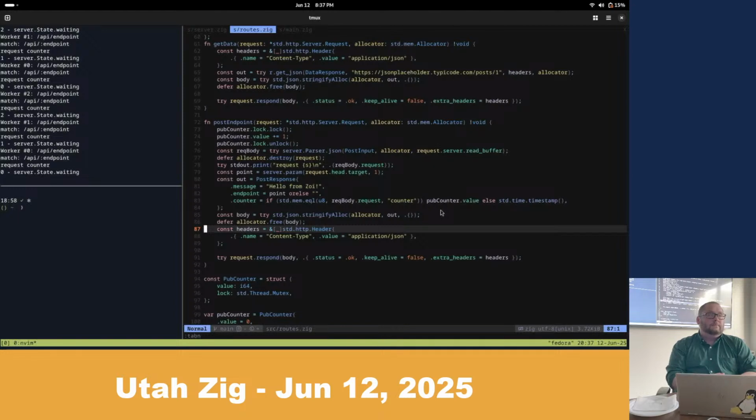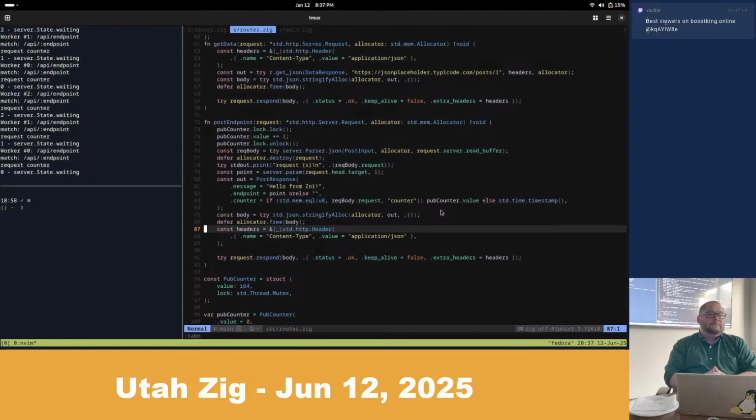Same thing when you're building the response, you have to build the whole thing. Zig will take a string and take headers and then build that much for you. But honestly, that's not that useful because, again, it's just one long string. You could easily just build that one long string if you felt like it.